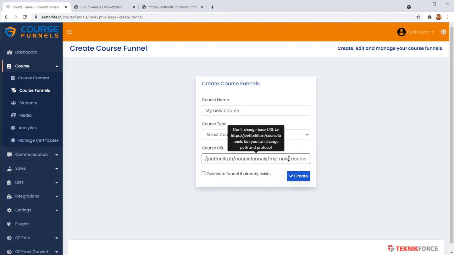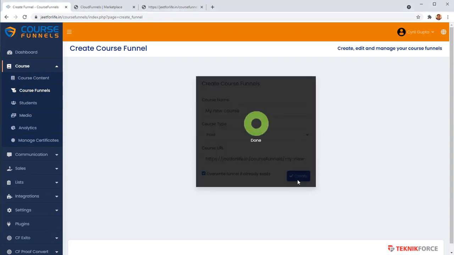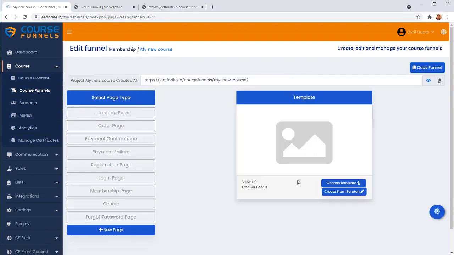And you can select the course URL. Like I told you earlier, CourseFunnels lets you install the training, the course, in any subdomain, in any subfolder too. And that is something you cannot do with any other product. But with CourseFunnels, it's super easy. I will just let the defaults be, click on create, and your new course funnel will be